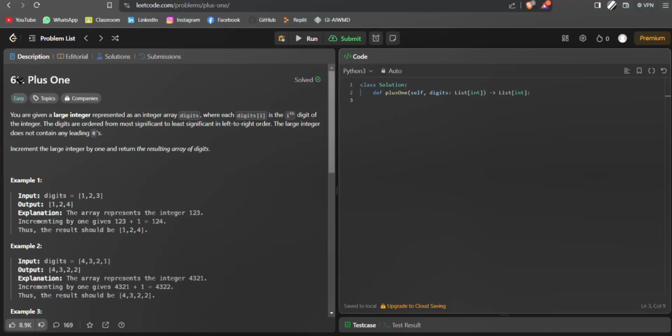In this video, we're gonna see this LeetCode problem, that is the Plus One LeetCode problem. If you are familiar with the arrays data structure, then you can easily solve this problem. It is mainly based on arrays. First we will analyze the problem, approach the possible solutions, and then